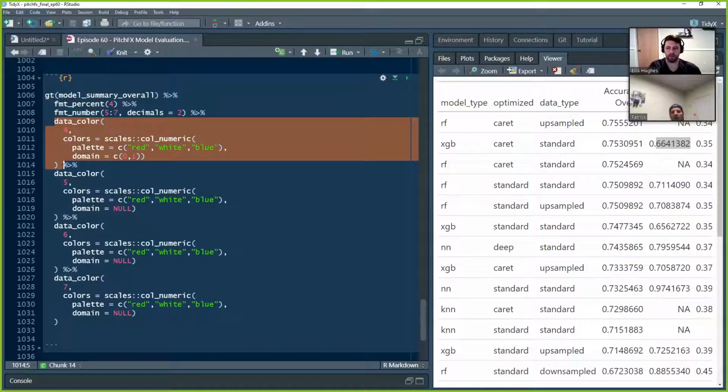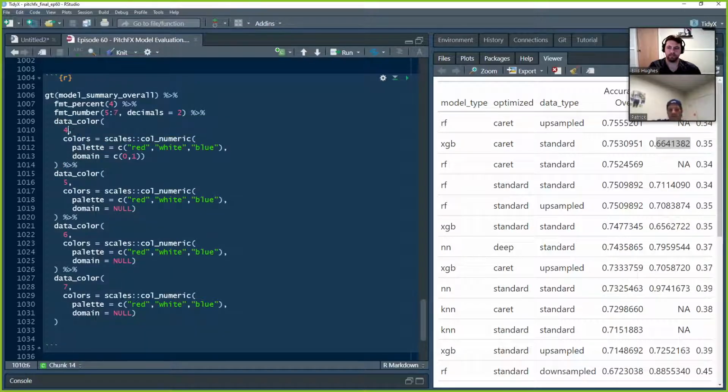Next, we're going to add some coloring. If you were in Excel, this would be like hitting the conditional format button, and that's what we're going to do. So we're going to pass this function first the column that you're interested in coloring. In this case, we're going to start with column 4, because why not go in order from left to right? We're going to say colors, and we're going to use the scales package. We didn't explicitly load the scales package, so we're just going to say, use the scales package. And this is the function that we want, which is color numeric,